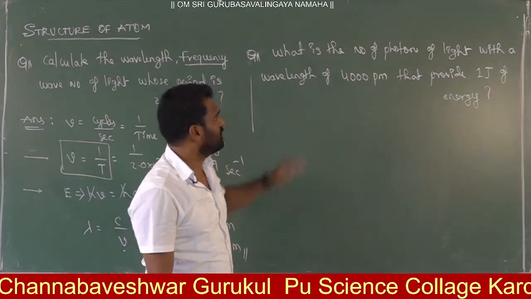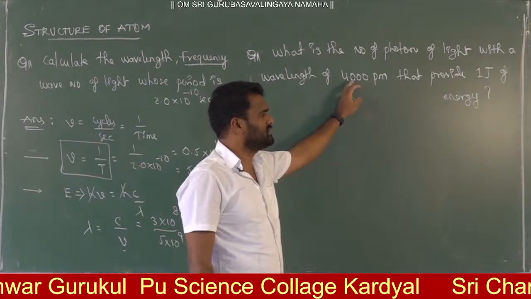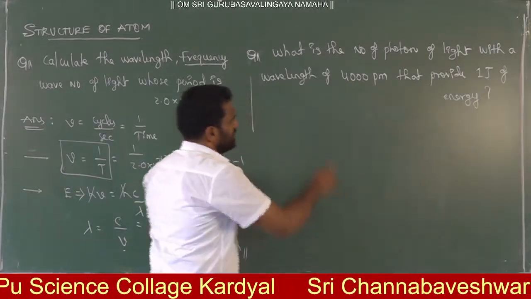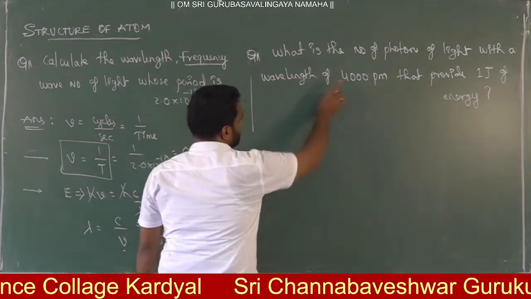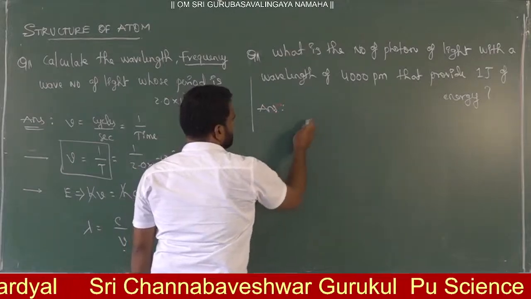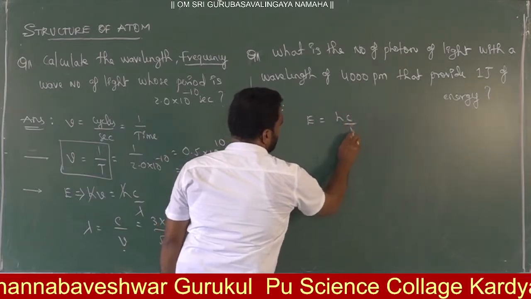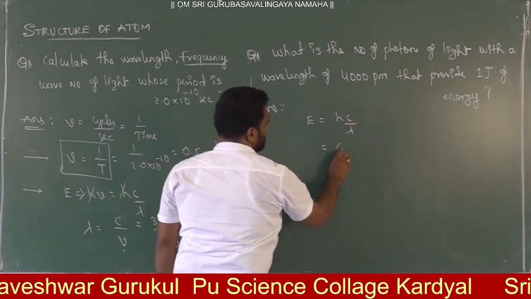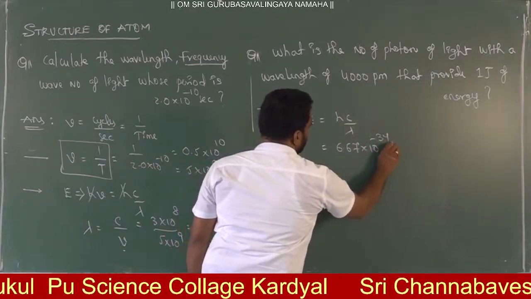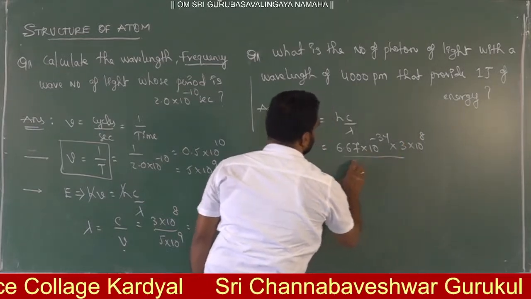The wavelength of the electromagnetic radiation is given, so you can calculate the energy of 1 photon. Here E equals hc by lambda, where h is the Planck constant, 6.67 into 10 power minus 34, into the light velocity, 3 into 10 power 8, upon 4000